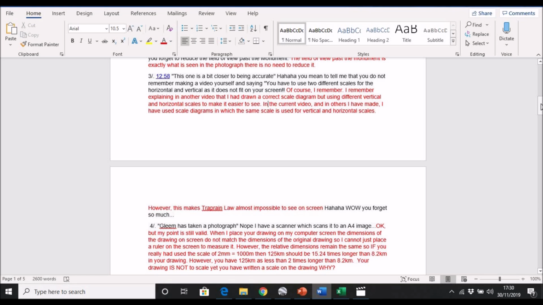And he now goes on to basically trying to poke fun at me, I guess, and criticize me for forgetting things and so on, which is just daft, but never mind. He quotes me saying this one is a bit closer to being accurate. I was referring to, I'd used a diagram for purely diagrammatic purposes, not intended to be a scale diagram, but simply to show in a diagram the various lines of sight and sizes of objects, or how objects would appear.